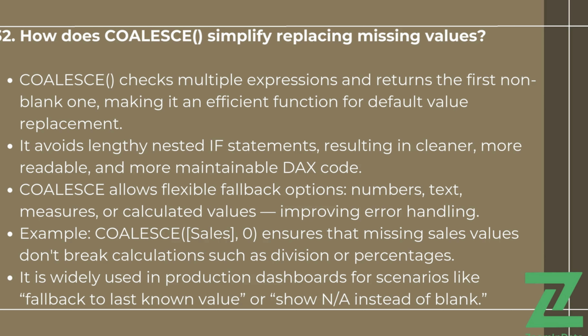COALESCE allows flexible fallback options, including numbers, text, measures, or calculated values, improving error handling. For example, writing COALESCE(Sales, 0) ensures that missing sales values do not break calculations such as division or percentages. It is widely used in dashboards for scenarios like falling back to the last known value or showing NA instead